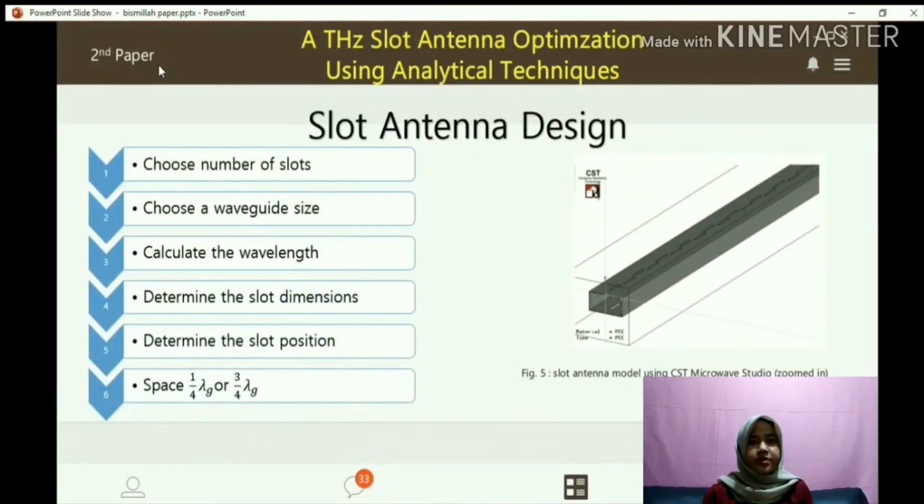We can summarize the design procedure for a waveguide slot antenna as follows. First, choose the number of slots required for the desired gain and bandwidth. Second, choose a waveguide size appropriate for the operating frequency. Third, calculate the wavelength in the waveguide at the operating frequency. Fourth, determine the slot dimensions, length and width, appropriate for the operating frequency. Fifth, determine the slot position from the center line for normalized. Sixth, space a quarter lambda or 3/4 lambda between the center of the last slot and the end of the